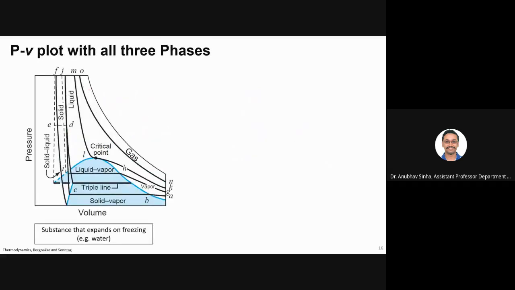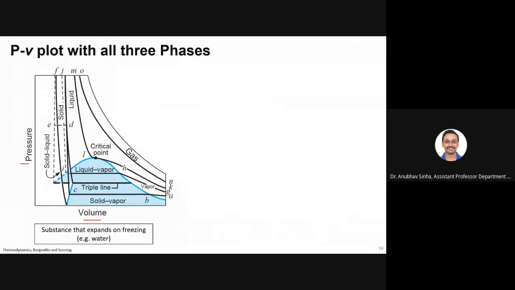Now let us look at three phases. Someone was mentioning sublimation, so how do we account for that? We have the PV plot here. Look carefully, and this is your liquid plus vapor dome, the vapor dome that we are talking about. Now at the triple point, so this is different. We talked about the critical point. Now we are talking about the triple point. At the triple point, we have another line which is the boundary between solid and vapor. So here we have, let us say, solid.